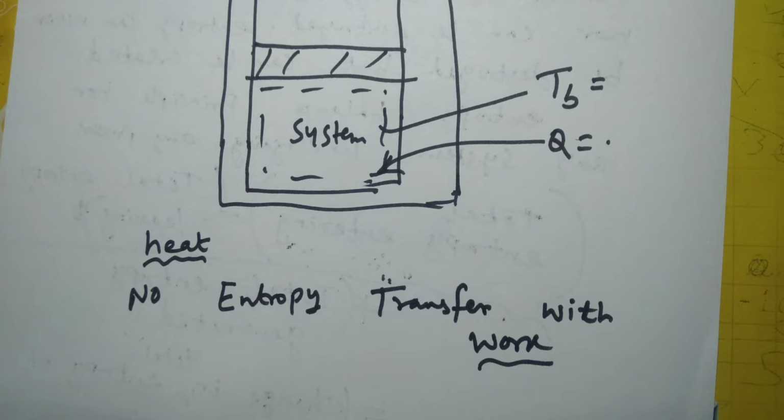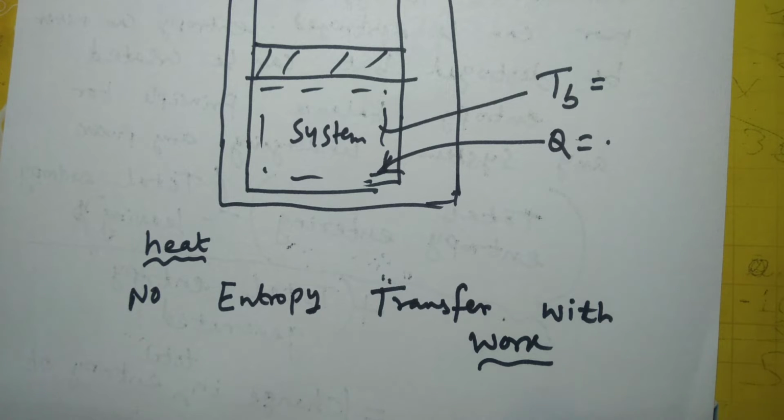First law says that both these forms of energy interactions are the same, but second law distinguishes between heat and work. Both heat and work transfer are energy interactions, but with heat entropy transfer takes place, but with work no entropy transfer takes place. That is the difference. So second law discriminates between heat and work, but first law does not discriminate between those two modes of energy